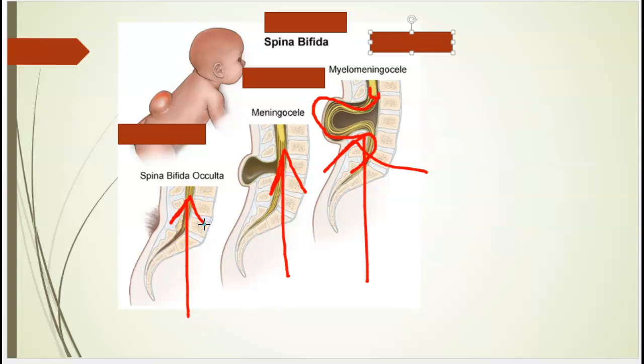Okay, so Spina Bifida. And that, my friends, brings me to the end of this genetics lecture. I hope this makes sense. Genetics is so tough to teach, but as always and forever, if you have any